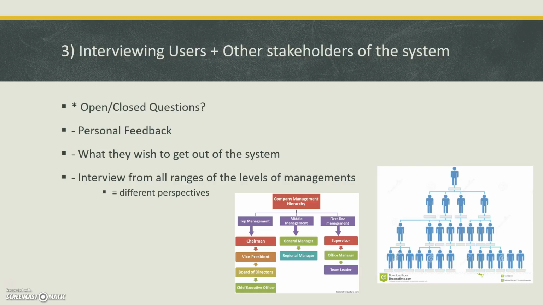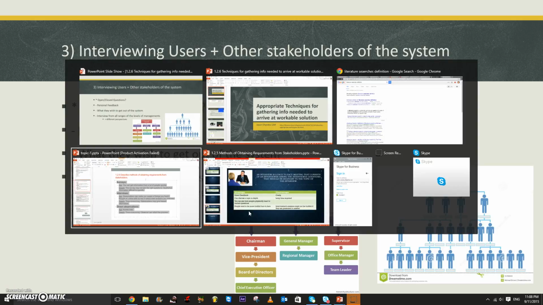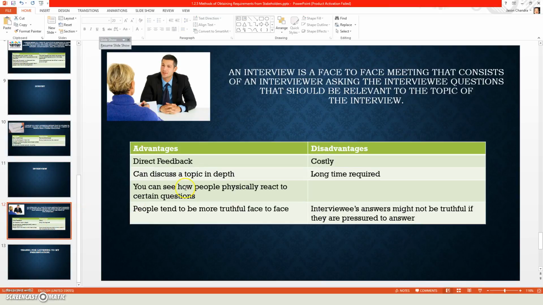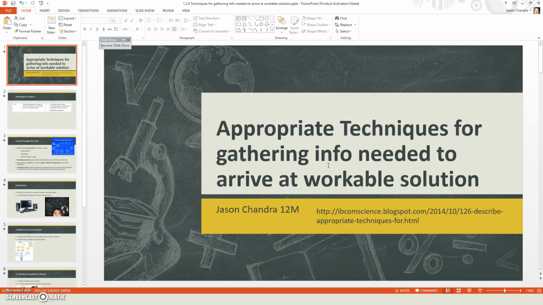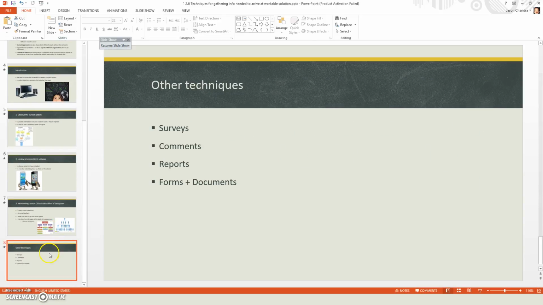they interview from all ranges of the level of management. So in the level of hierarchy, all the way from the chairman to vice president, CEO, general manager, team leader, supervisor, all of them, and you could see their different perspectives on the different companies. And we could link this to my earlier PowerPoint, where we can link to the advantages and the disadvantages of this particular technique to gather information needed to arrive at a workable solution. And lastly, some other techniques may include surveys,